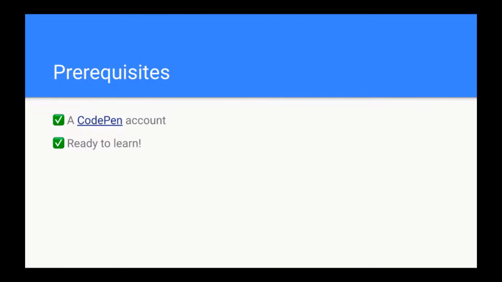Cool. Is anybody having any trouble getting in to CodePen? Or anybody need me to stop? Yeah, I have to make an account. Sorry. Oh, that's okay. I'll give it another minute or so. Cool. Anybody else need a minute or so, or are we good? Cool. Okay. So with that,